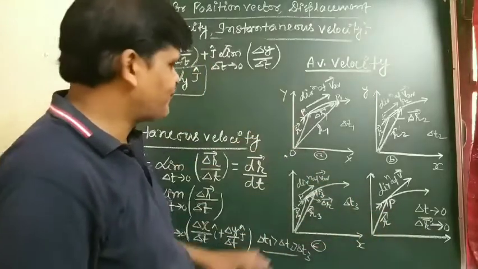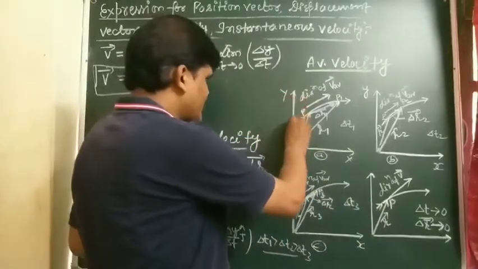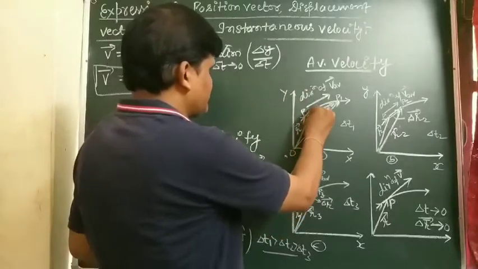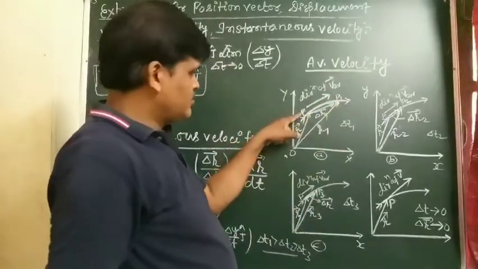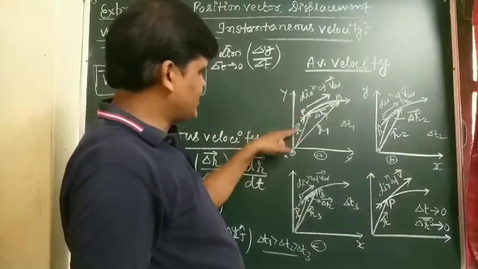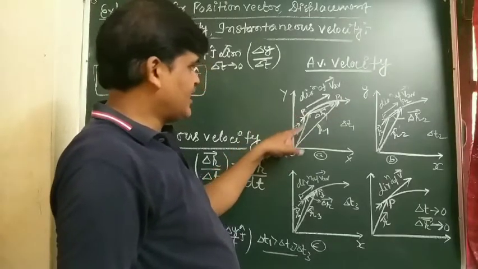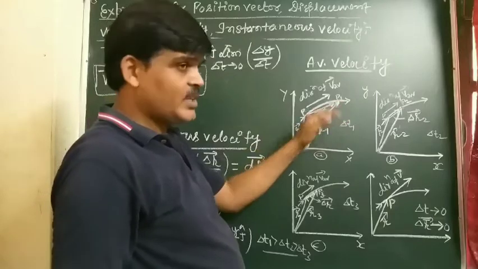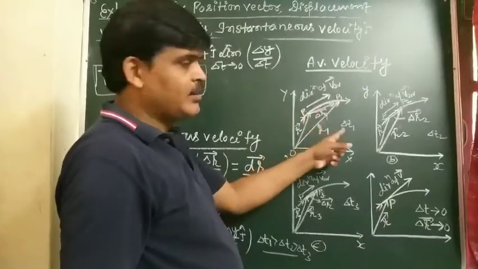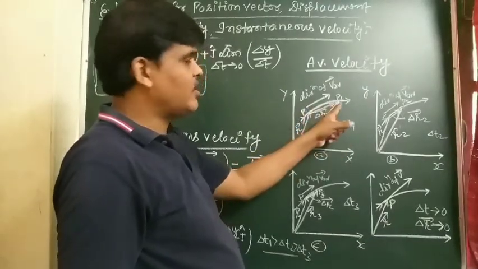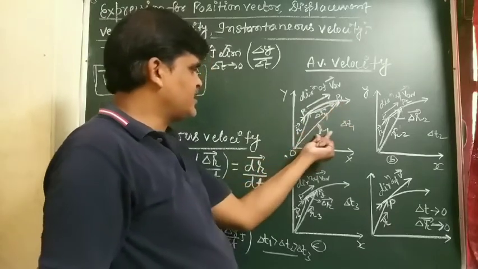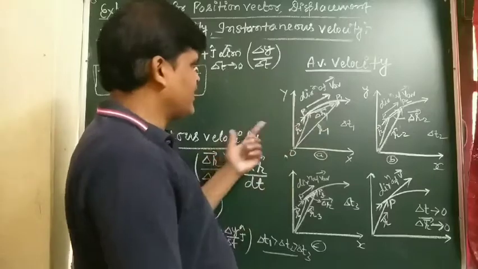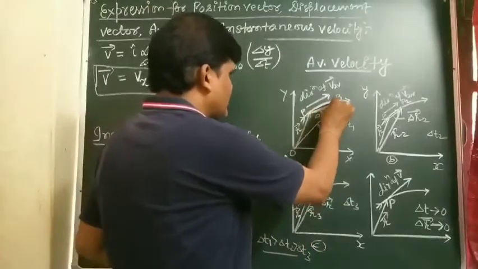In the first case, see the diagram. This is the path of the object. The position of the object at time t has position vector r. At time t1, after time delta t1, the position of the object is P1, whose position vector is r1. In the same way, we find the